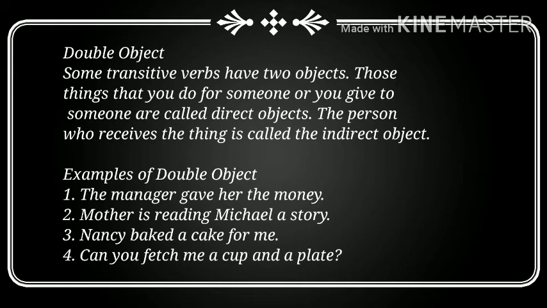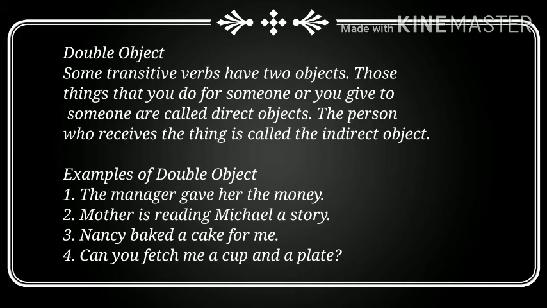The person who receives the thing is called the indirect object. So in some types of sentences you will get two objects. One will be direct object and another will be indirect object. So let's see some